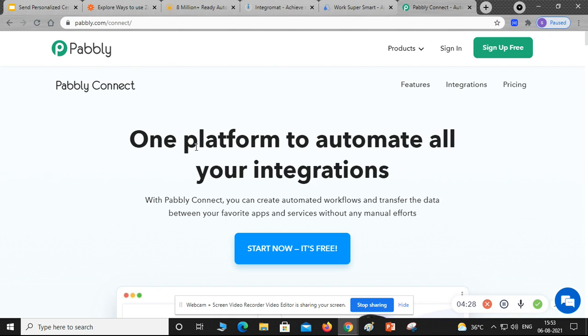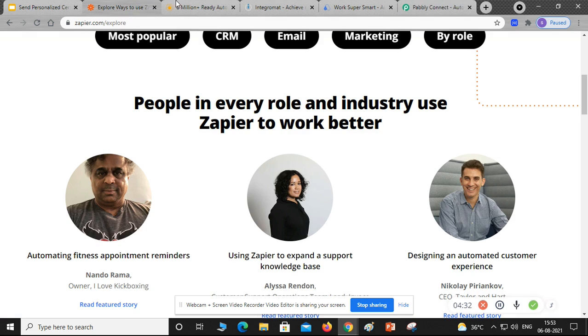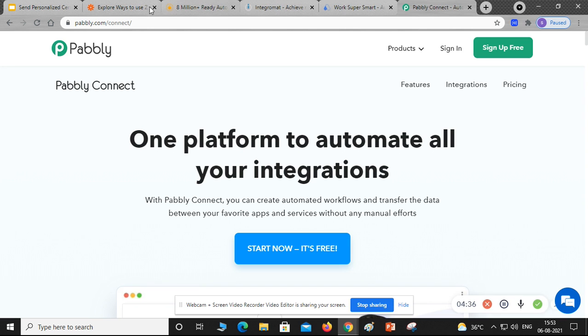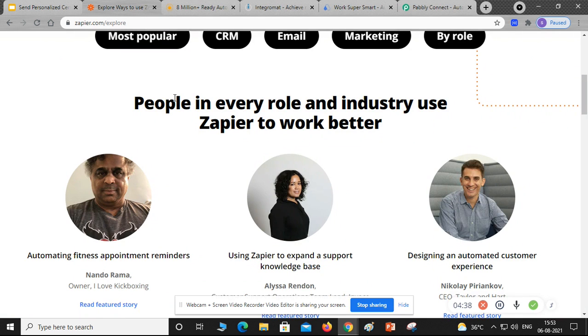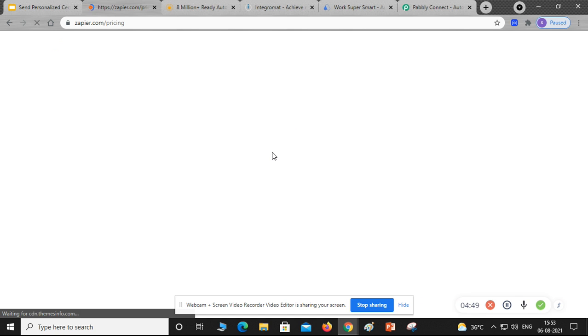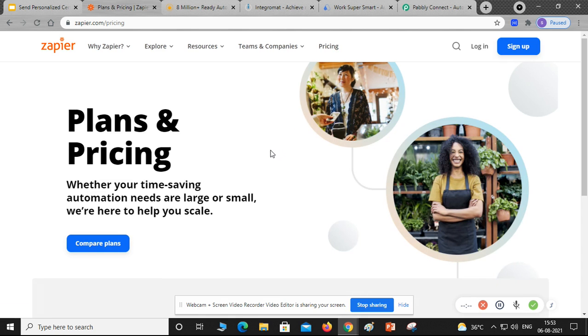It also serves the same purpose of automating your workflows. In this video I'm sharing only five. Maybe there are more than this, but these five have many integrations and all. So just have a look, guys, and find out which suits you better. And almost every tool I described here has a free plan, so you can test them out